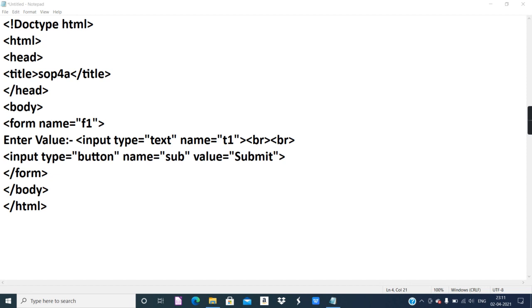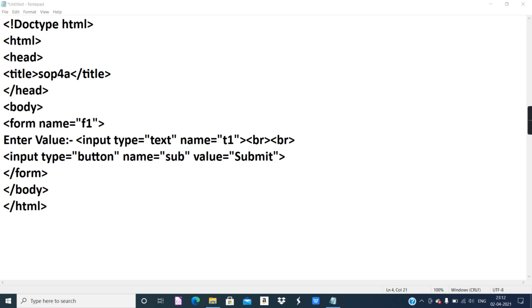So the question is to create event-driven JavaScript programs for the following using appropriate variables, inbuilt functions, and control structures. If you compare with SOP 1, 2, and 3, the main question till SOP 3 was just to create JavaScript programs, but now it is an event-driven JavaScript program. That means some action should happen. Some event must execute, and that action can be initiated by button clicks.